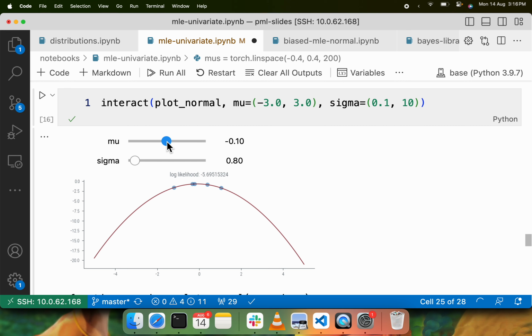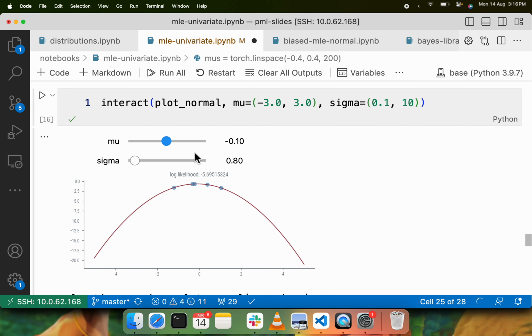What is the procedure that I am doing called? What do you think that is called? We are trying to estimate two parameters, but in which way? What am I doing when I move the pointer, when I move the slider? Grid search, right. So, I have a 2D grid, I am varying mu, I am varying